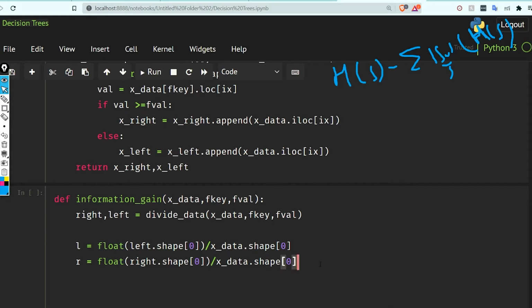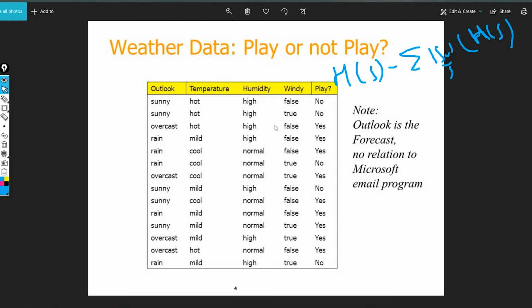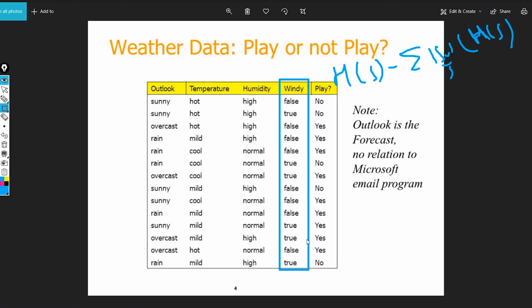Now what I am doing is: if left dot shape 0 equal to 0 or right dot shape 0 equal to 0, it means that we do not have any left or right data. It means that every value in a particular column is the same.